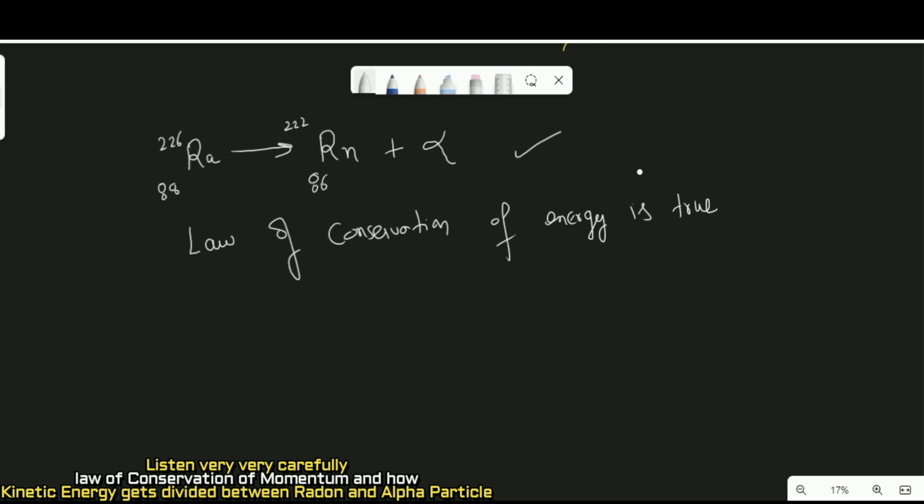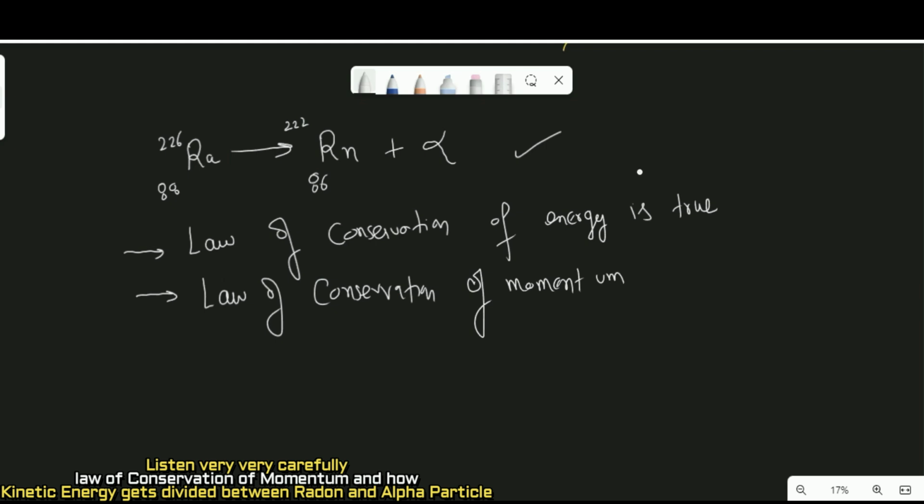Q is greater than 0 or Q is less than 0. Another conservation law that you should know when you study these questions is the law of conservation of momentum. Sometimes in examination,